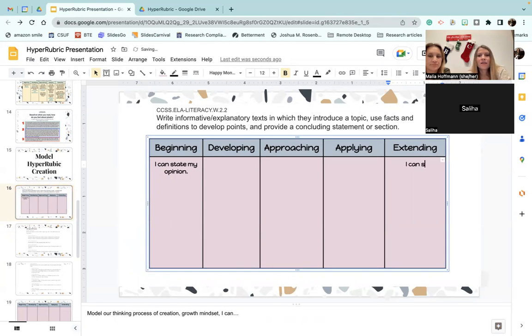So I can state my opinion and support it with facts and detail. Yes. From the text. Opinion and that might even move to applying. So I put it there for now. And then later I might be like, oh, let's move it on. So then approaching, if that's my main goal right now, because that is actually my applying, because that means they've